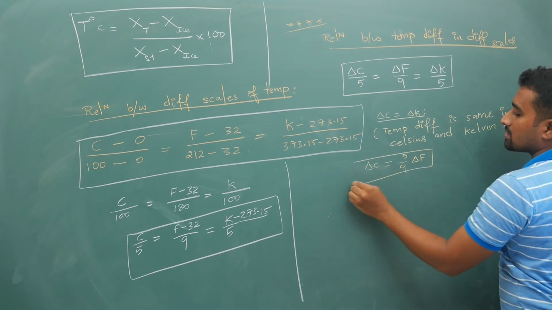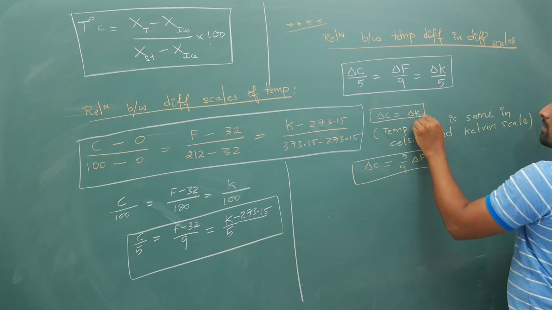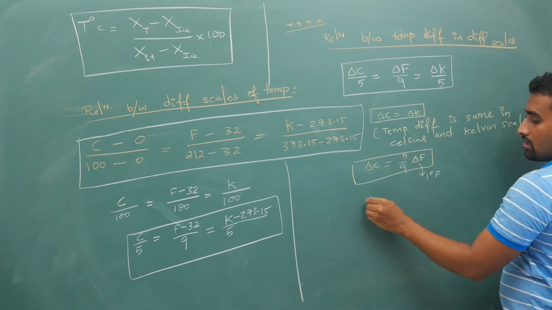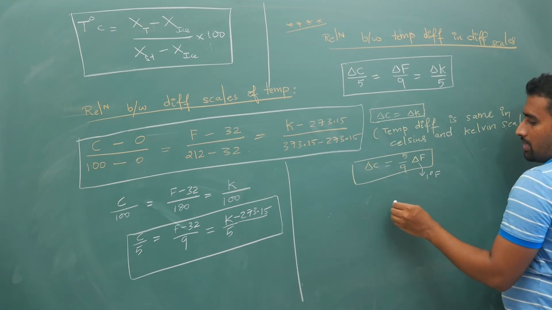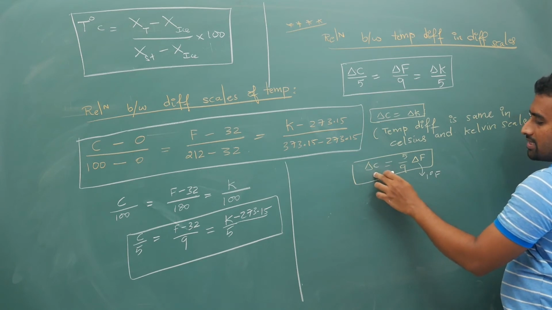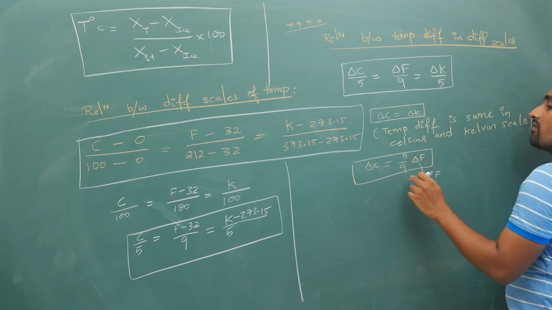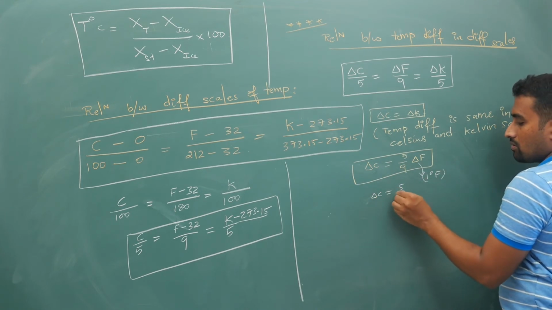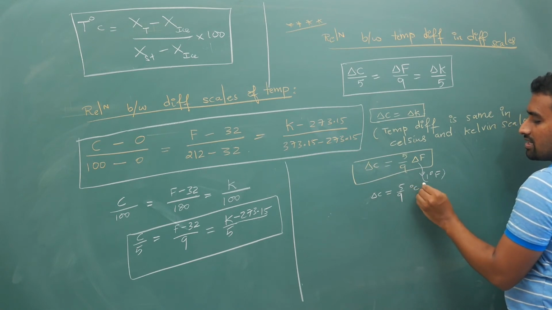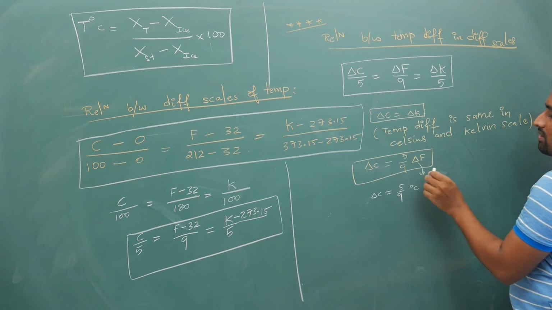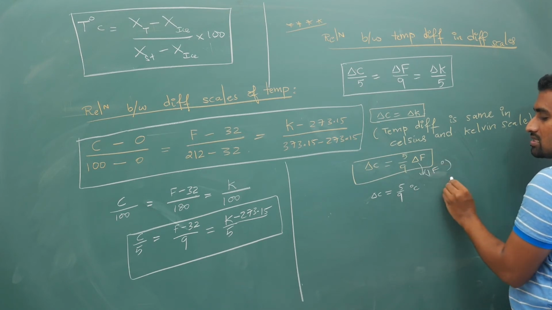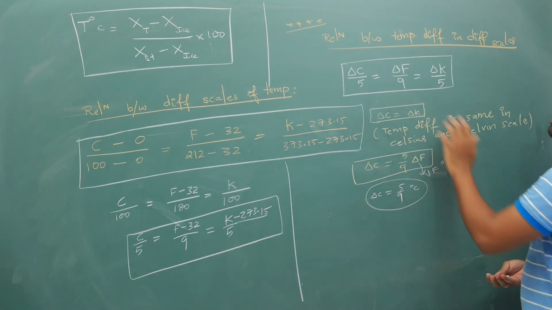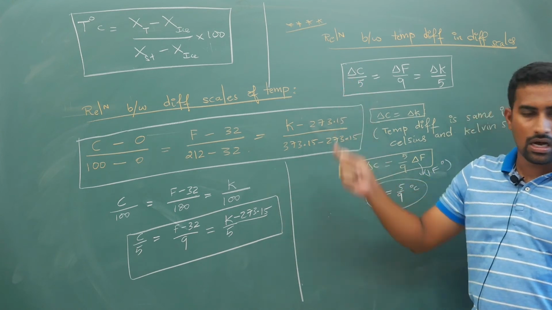From this relation, if you bring a 1 degree centigrade change, in the Fahrenheit scale it is 9 by 5. If you bring a 1 degree Fahrenheit temperature difference, that will bring delta C equal to 5 by 9 of a degree centigrade. So a 1 degree Fahrenheit change is equivalent to 5 by 9 degrees of the Celsius scale, like this. Now how did you get this relation? From this only we will get this. How? I will tell you.